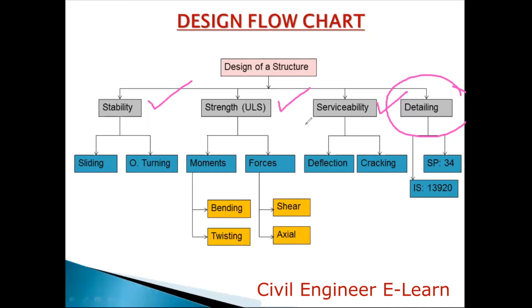We do not verify the stability criteria because, since it is a framed structure, all the horizontal forces which are acting on the surface of the structure or on the columns and beam joints would be transferred from one column to another due to the connectivity of the columns and beams. So even though we have gone through this stability criteria in our academics, usually we do not consider it for building structures or frame structures,